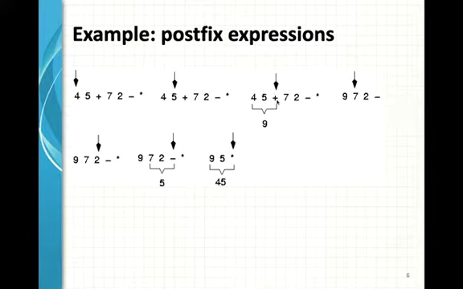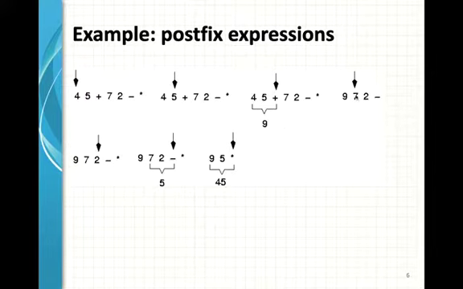So this plus will be executed on these two operands, and finally these three elements, 4, 5 and plus, now generate the value of 9. 4 and 5 and a plus, that's why 9. Now after these three steps, we are here, and 9, 7, 2: all these portions are now converted into 9, as well as what was written previously, 7, 2 minus. This star is not showing, but a star is also there.